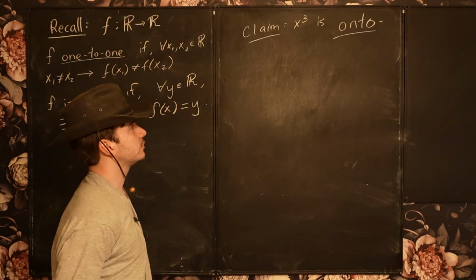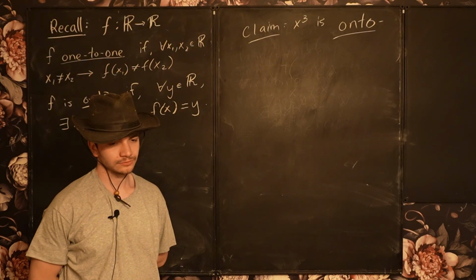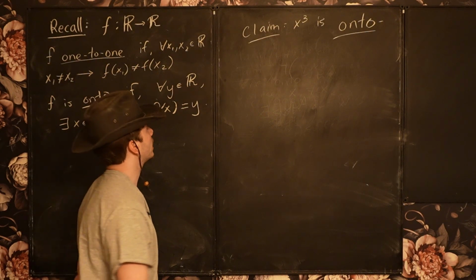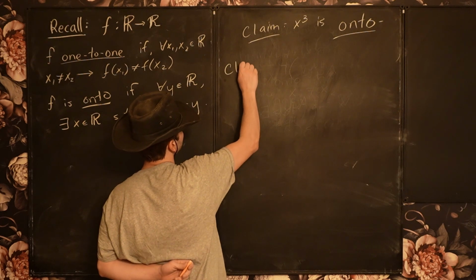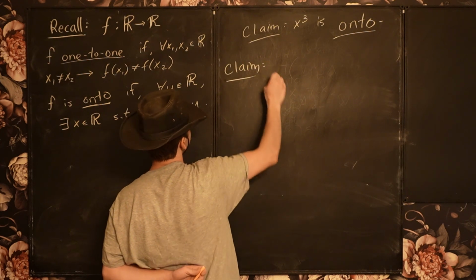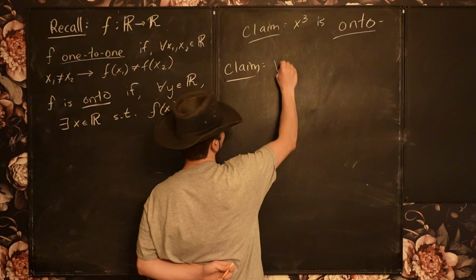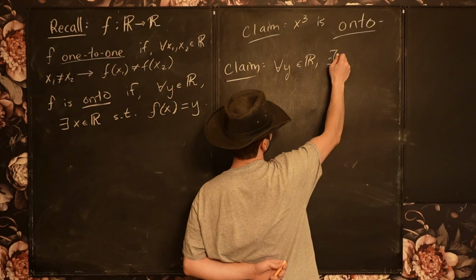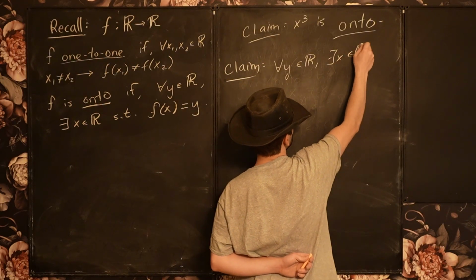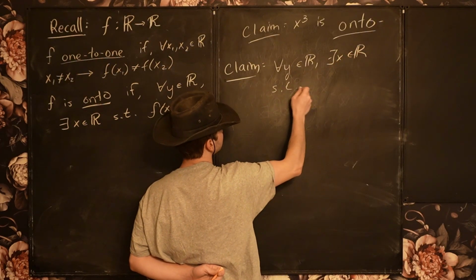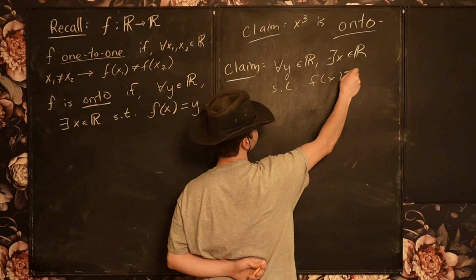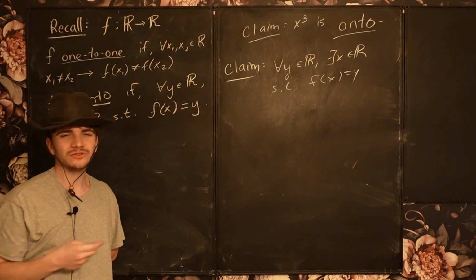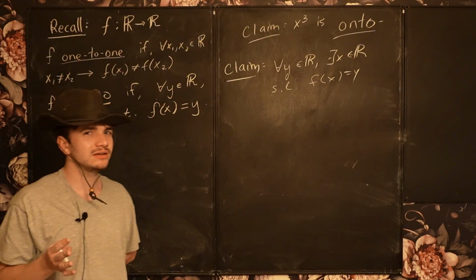To prove that it's onto, I need to show the following claim, that for all y in R, there exists an x in R such that f of x is equal to y. Now, we could just use the cube root, but that's kind of cheating,